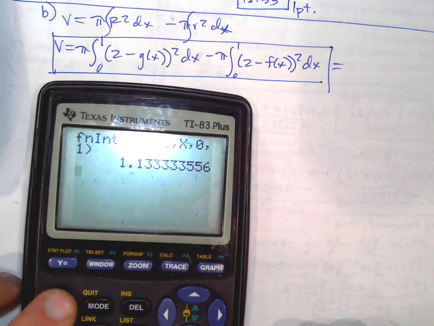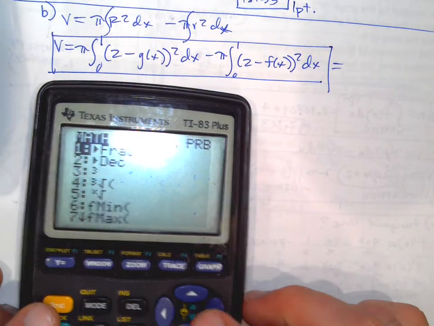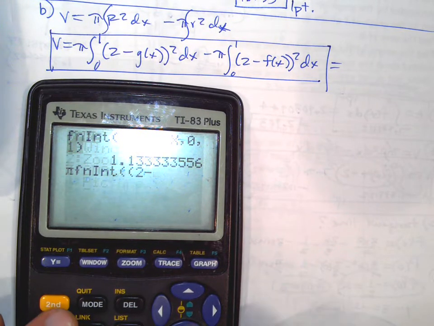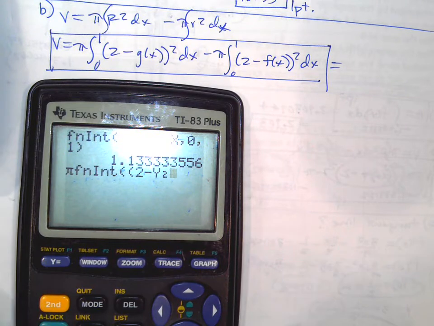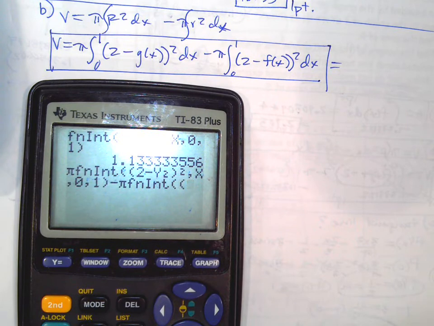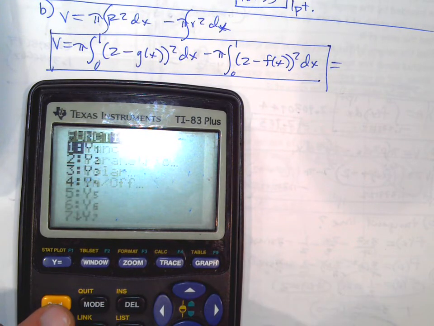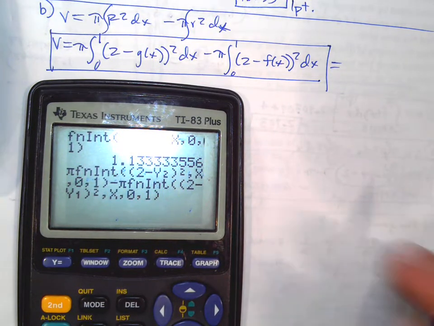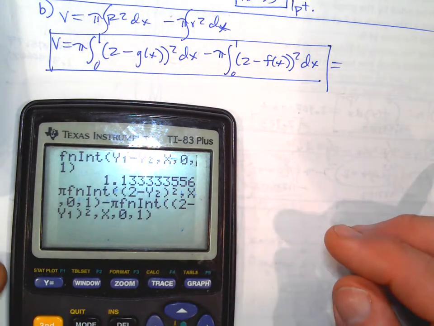So I'm going to do pi math 9 2 minus vars y vars function y2 close squared comma x comma 0 comma 1 close minus pi math 9 parentheses 2 minus vars y vars function y1 close squared comma x comma 0 comma 1. So I just typed it all in, all one line of calculations,